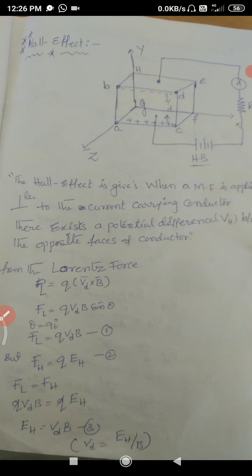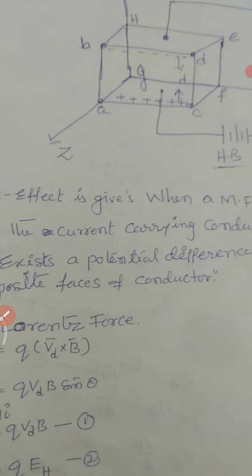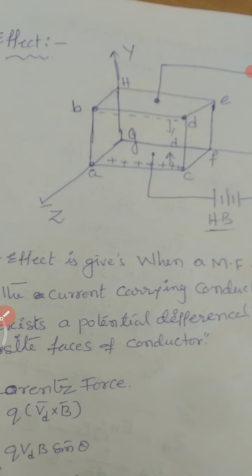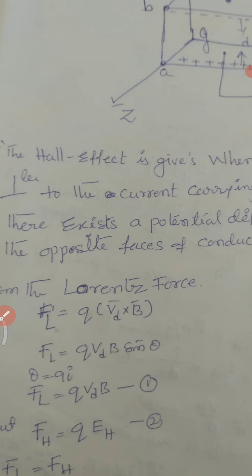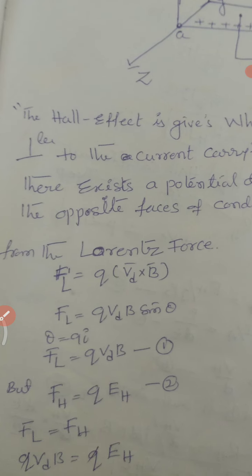The current-carrying conductor will be shown in the figure. We can take a rectangular body with the x, y, z directions. We apply the electric field like this, as shown in the figure, with an ammeter, a resistance, and a high-tension battery. Then the Lorentz force is applied for this law, that is FL is equal to Q into